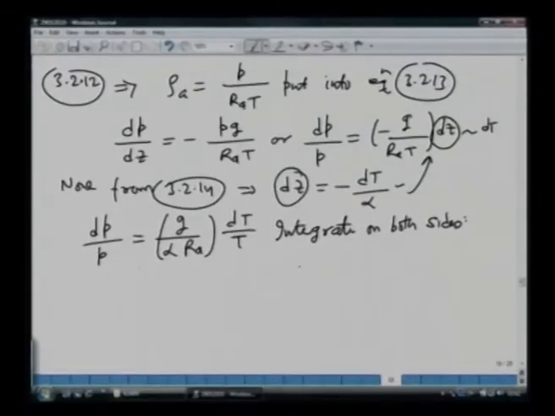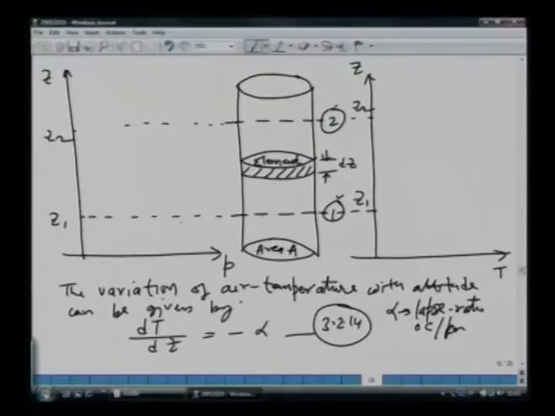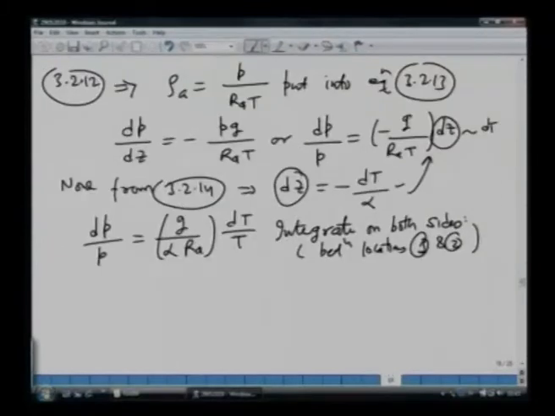And when we are integrating, let us say between locations 1 and 2. Remember what is locations 1 and 2? We have defined the height z1 as 1 and z2 as 2. So, if you did that, you will have natural log of p taken between p1 and p2, or 1 and 2. So, that will be natural log of p2 over p1.